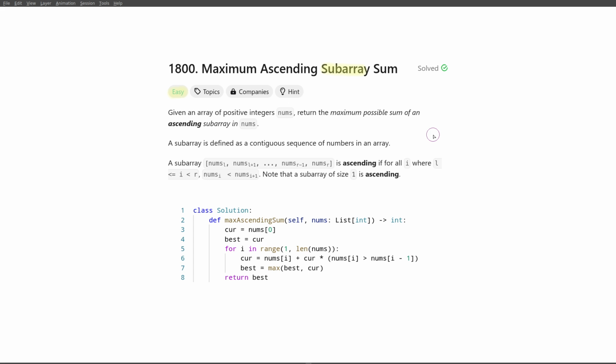just going over the array, looking at all the pairs of neighbors, and whenever we have a pair of neighbors that is not increasing locally, that means that we have to end our current ascending subarray exactly at this point. And of course we want to maintain the sum of that subarray and remember the best sum that we've seen